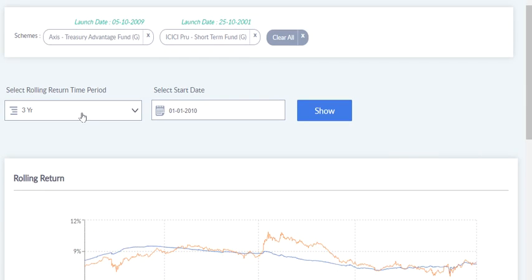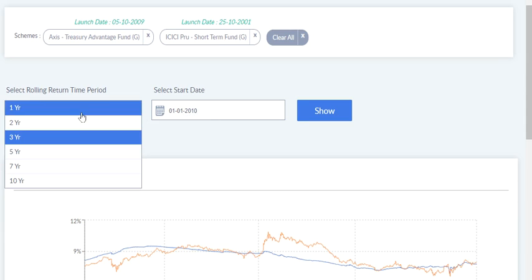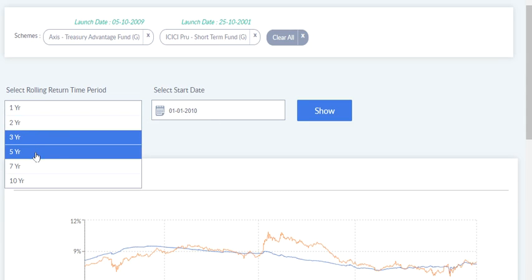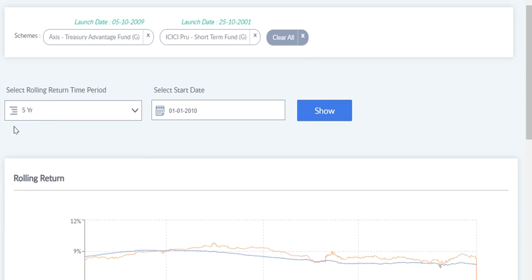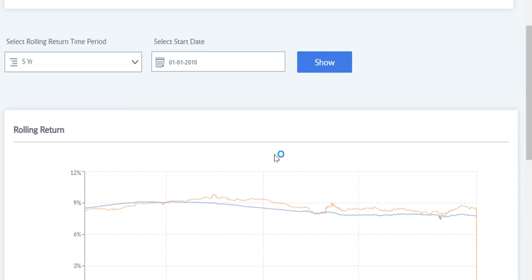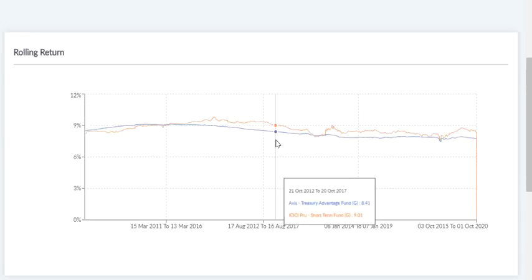Now let's increase the horizon. In 2010 the issues were different, the funds were also a bit different. Now a lot of changes have taken place, so ideally we should take around the last 5 years only. Anyways, let's increase this to 5 years. So we have taken this 5-year rolling period starting 1/1/2010. Now let's see how the fund is working.